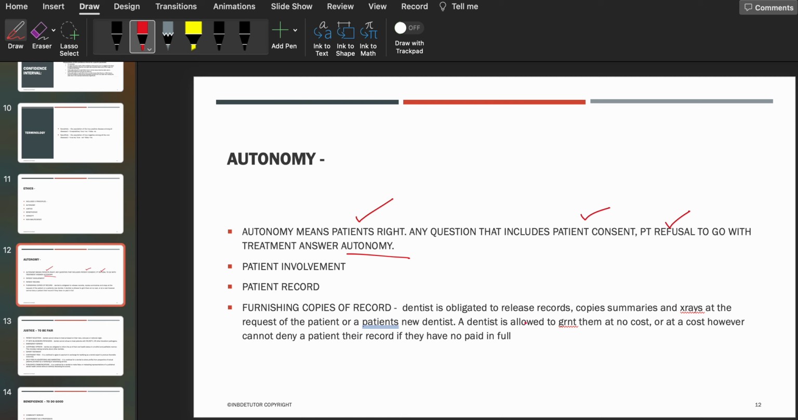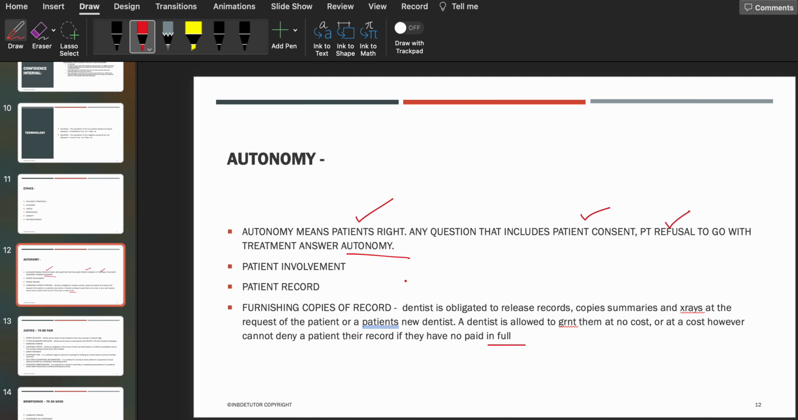Dentists are obligated to release records, copies, summaries, and x-rays at the request of the patient or the patient's new dentist. A dentist is allowed to grant them at no cost or at a cost, however, they cannot deny a patient their record if they have not paid in full. This question does come in the exam, like who owns the copies of the records. Basically they are the property of the dentist,